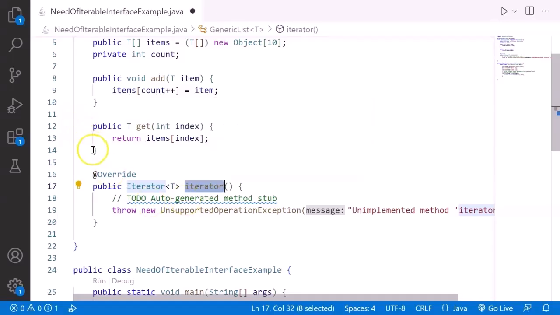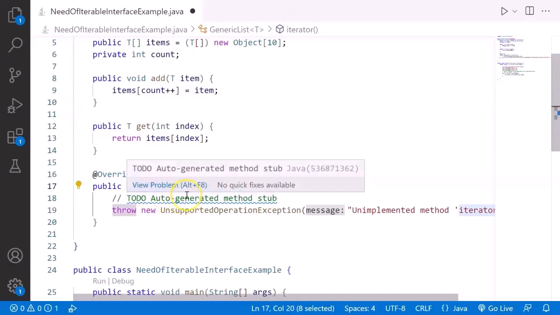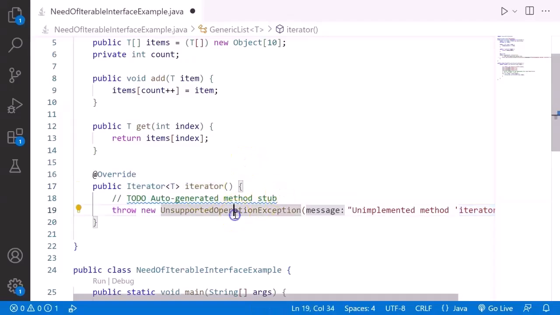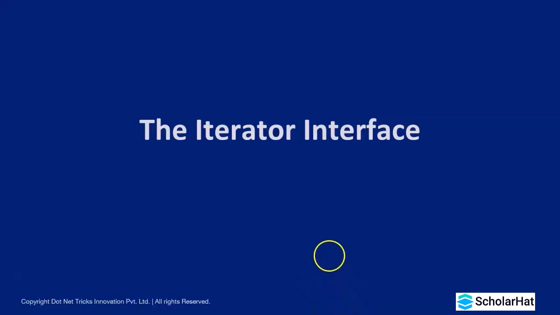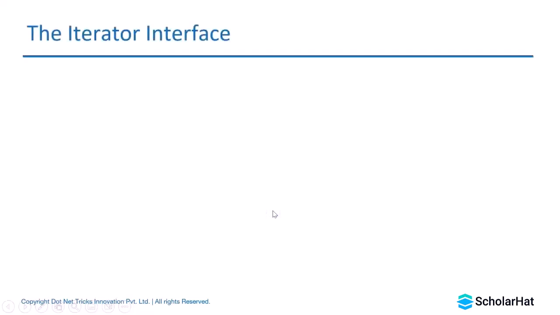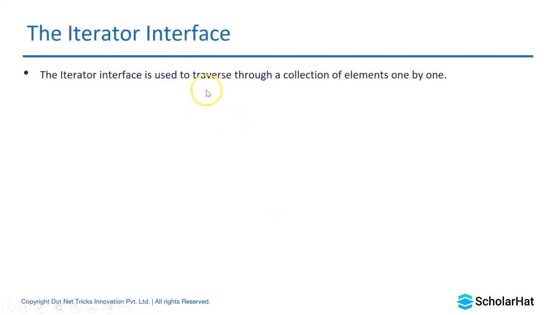Actually, the iterable interface returns an iterator of type E for the collection, which helps to iterate over the elements. That's what the iterator interface has: specific methods needed to iterate over each object in the collection. So let's first understand what this iterator interface is, which will be returned from this iterable. Iterator is basically an interface which returns an object used to iterate through a collection of elements one by